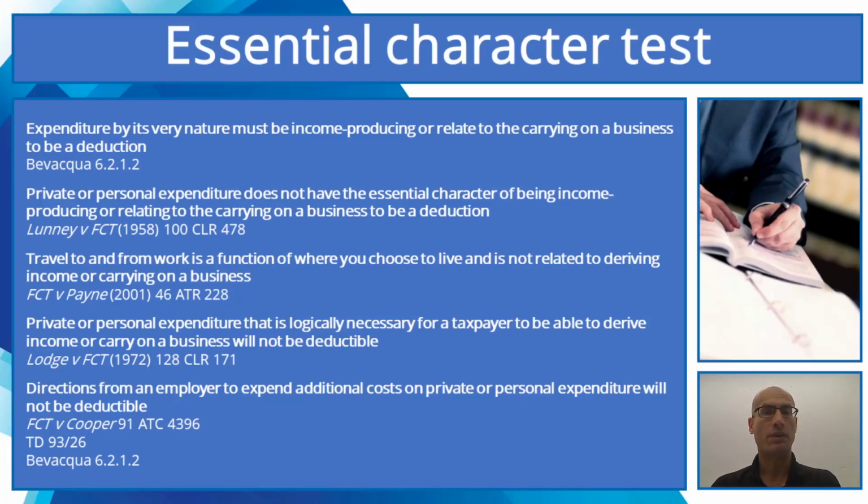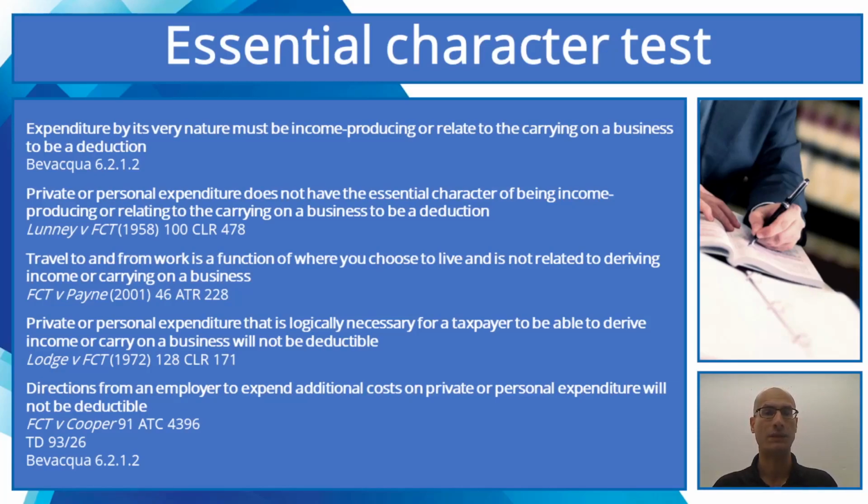We'll note also that the courts have developed this really in the context of looking at private or personal expenditures, and Parliament sort of jumped in and created the second general limb, a second negative limb of the general deductions. And so this essential character test is kind of subordinate to that. So it would be a rare situation where a particular type of expenditure would pass the essential character test and then need to be knocked out by the second limb. And so ultimately, the types of situations the courts have looked at in regards to these cases really predate the